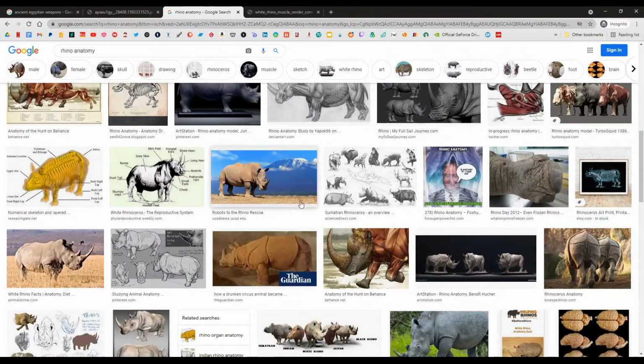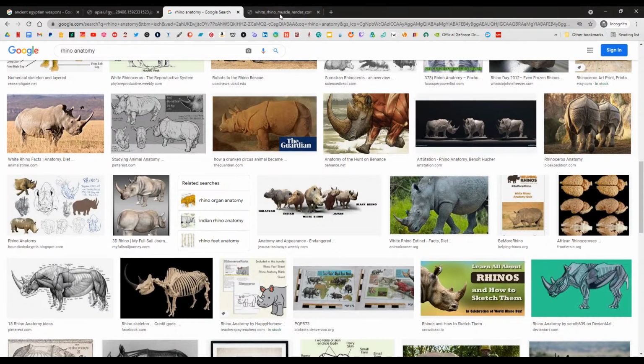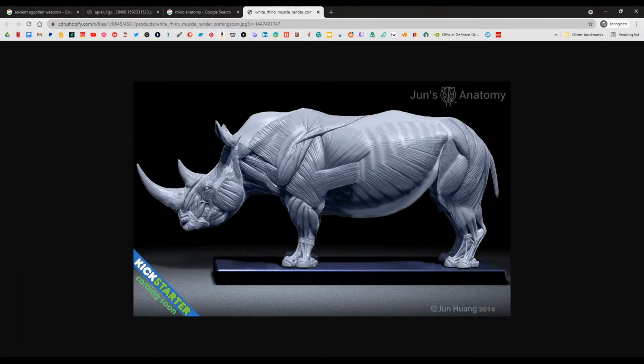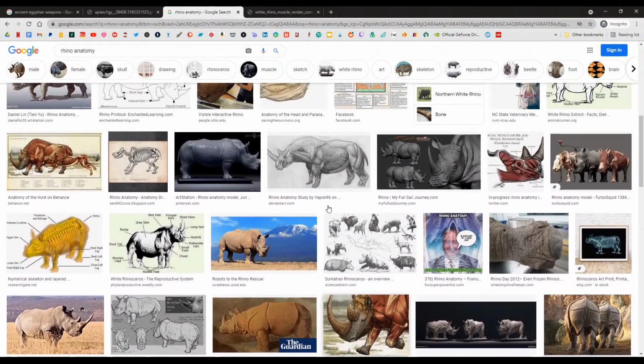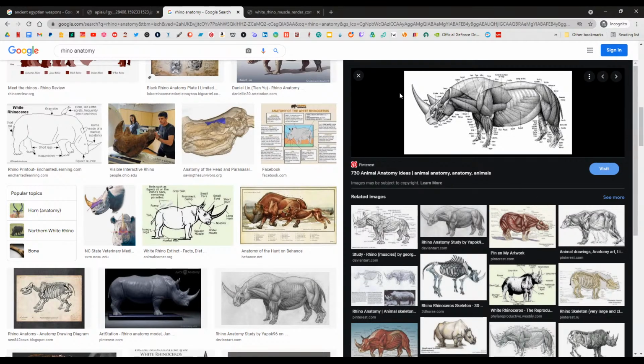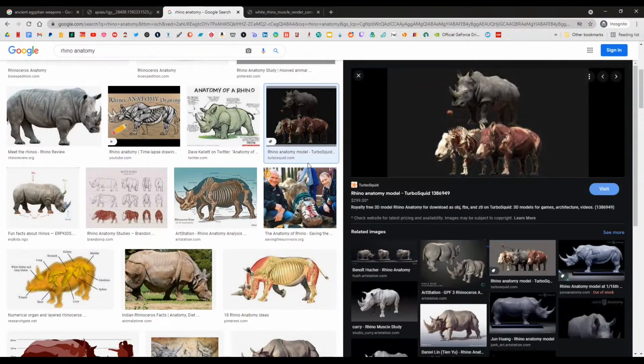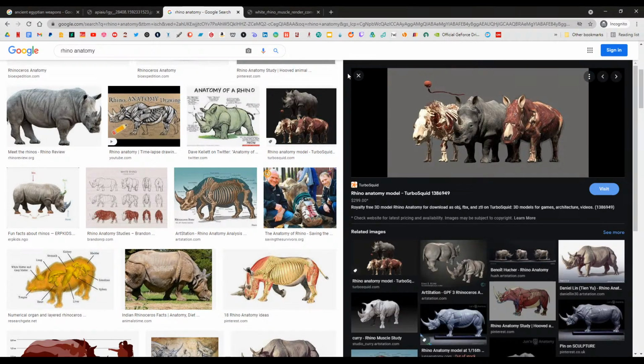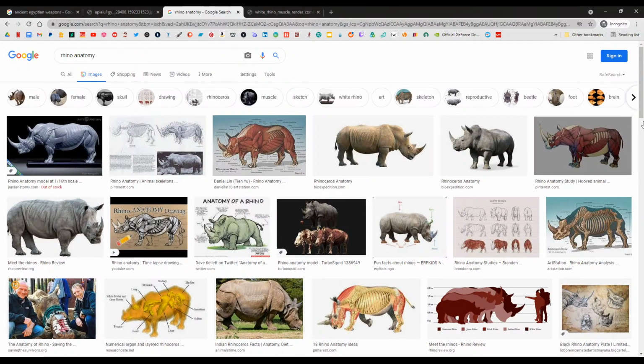Good old rhinos. So I already have quite a good muscle reference here, although I would like another one if I can. That's interesting, that one. So yeah, again, with the centaur stuff, you don't have to base it off of a horse. You don't have to have the standard 4 legs and then 2 arms thing. You can make it like a centipede if you really want. I mean, hey, because remember, if this is a